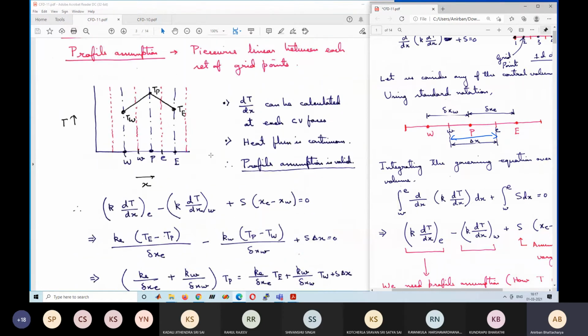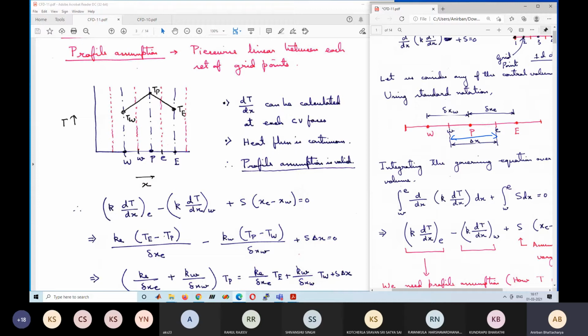So now, any questions up to this point? Yes, sir. Like maybe on the interface we got the T values and we converted them, but then still, sir, that anomaly of two fluxes at a point is still there, no? Like at the P point we have two fluxes. How is the solution? It does not bother us because we only need to calculate the flux at the interfaces. Okay. So what happens within the grid point, within the control volume, is of no consequence to us.